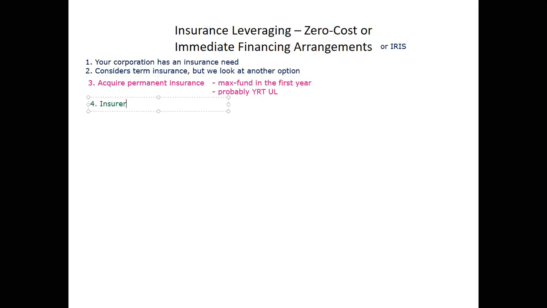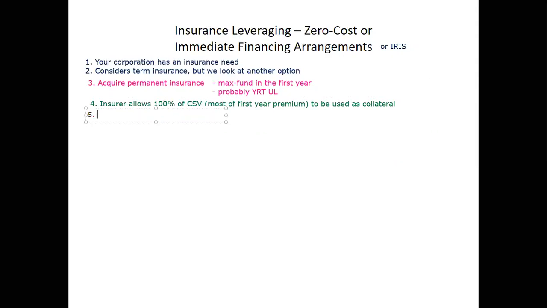And the insurer allows typically 100% of that cash surrender value, which is going to be most of that first year's premium, to be used as collateral. And this all has to be set up. You can't just wander into this. The insurer has to be along for the ride here. Now, there are a couple of different versions of this. I'm going to show you what is probably the more aggressive version.